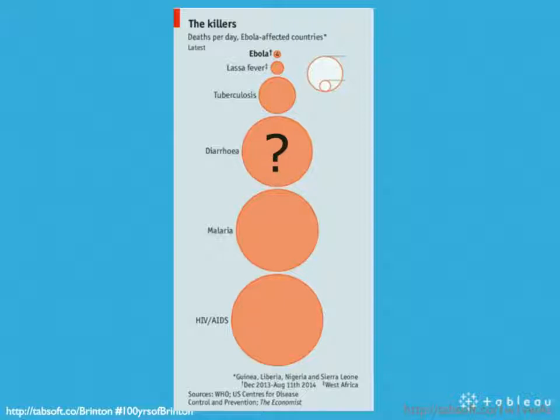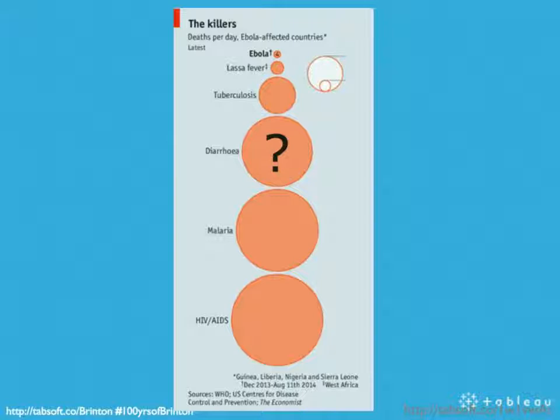So I've taken the numbers out for now, except the one in the circle at the top. Ebola, that circle at the top, the number 4, shows that 4 deaths per day in the countries. And that circle represents 4. So what is the number that is behind the question mark for diarrhea? How many deaths per day were there for diarrhea? I'm sure you're all shouting your answer at the screen. Well, the answer